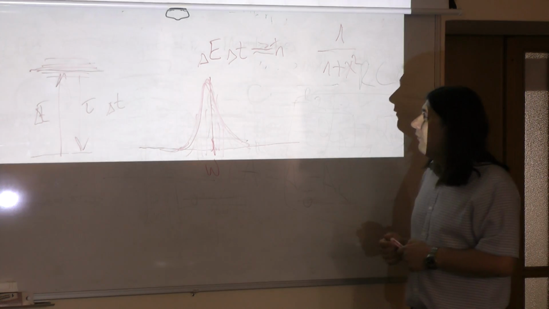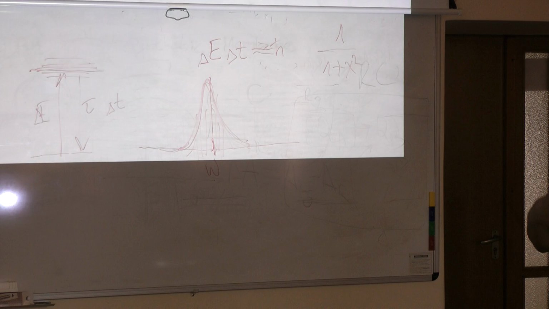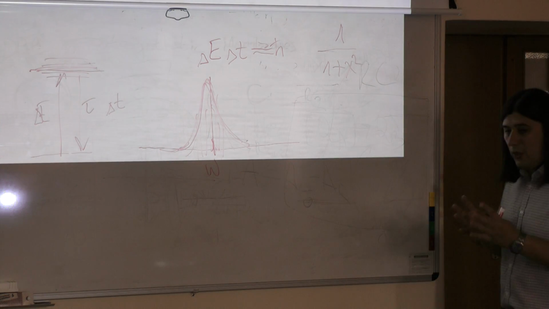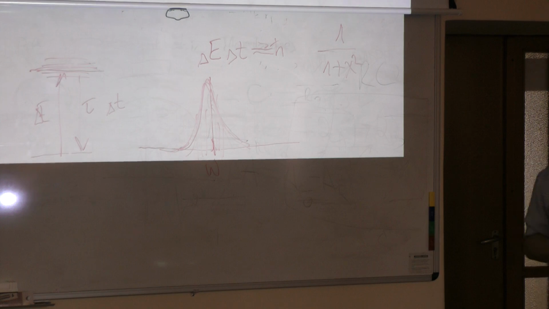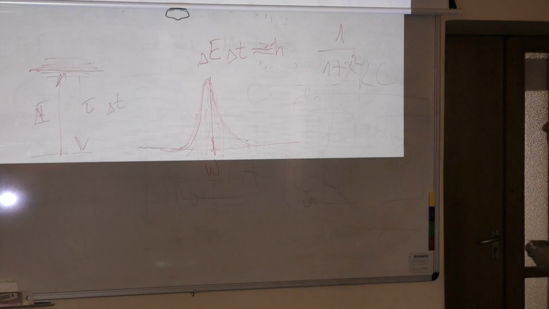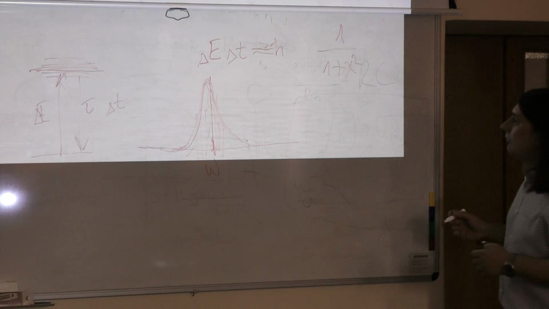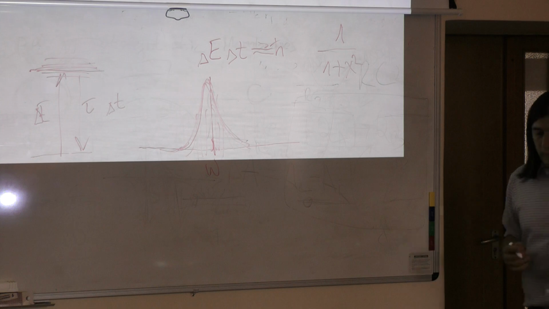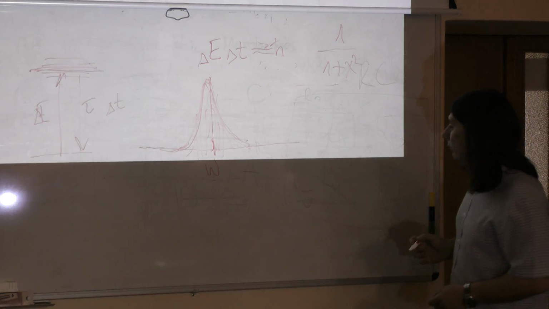Basically, if we have slow enough broadening effects, they can be inhomogeneous. If they are too fast, then they become homogeneous. So the other thing that is important to remember is that when we have inhomogeneous broadening, we can